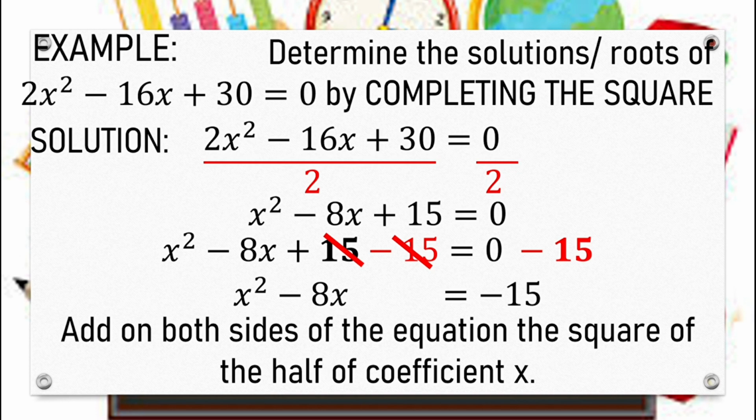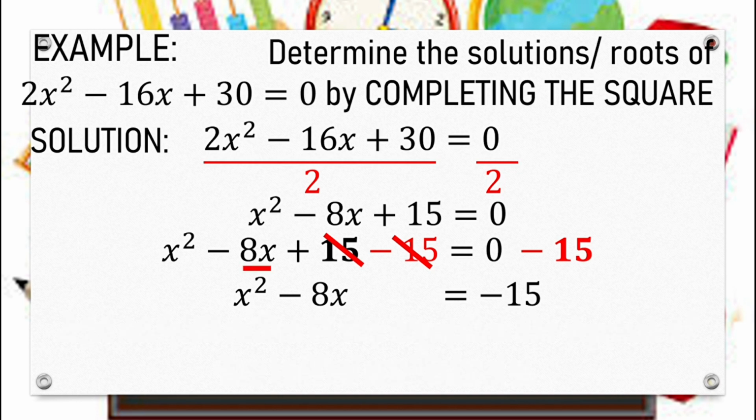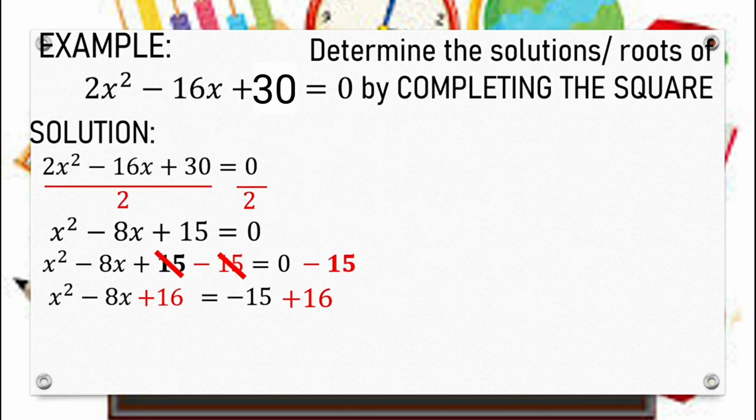In this certain example, the coefficient of our x is negative 8. Half of negative 8 is negative 4. Squaring 4, that is 16. This means 16 will be added on both sides of our equation, making x squared minus 8x plus 16 a